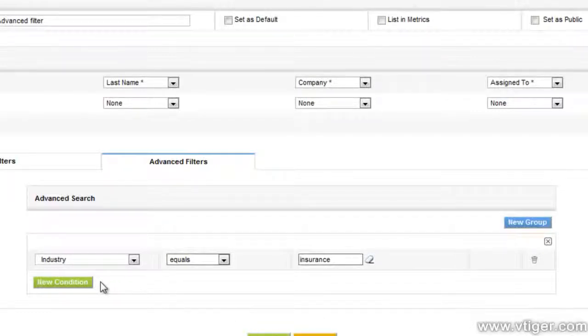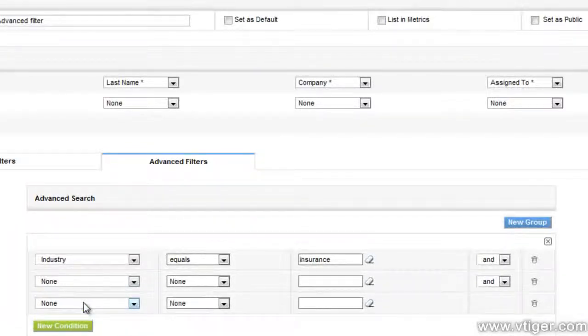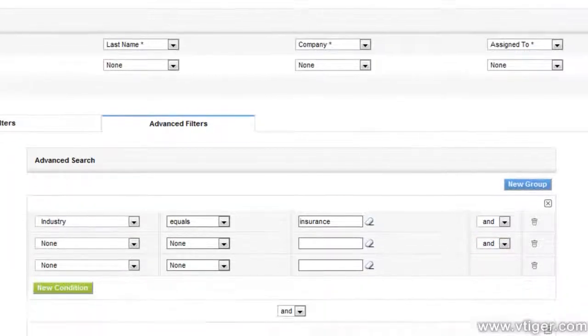You can give your own condition in this section. You can add new condition. You can also add new group of conditions as well.